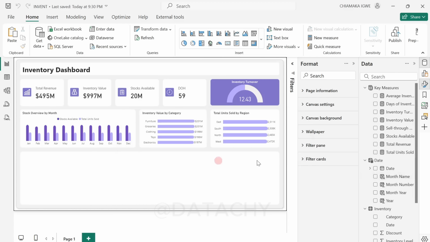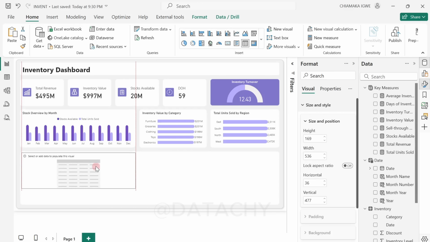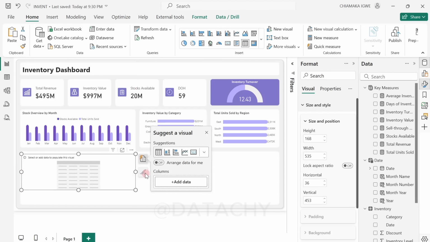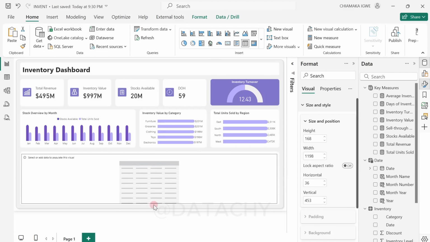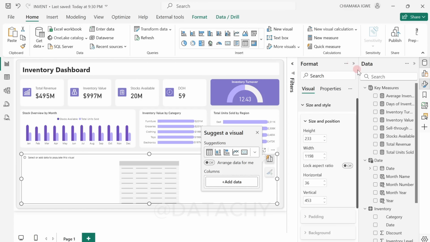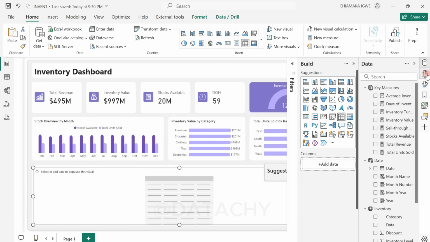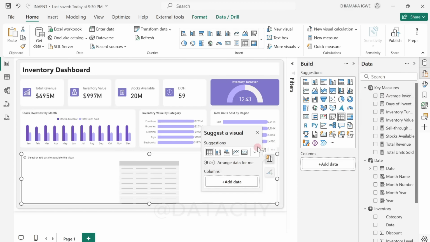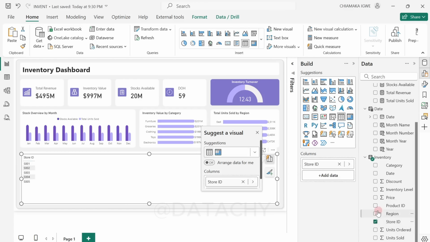Next, we want to create our table visual of inventory details. So I'm going to click on table, place that on this particular placeholder that we have for it, extend that to cover the whole area. So for this, we are going to be having some of the details of the inventory. So I'll open up the build pane to see what I am putting in. So the first thing I'm going to be adding there is my store ID, select store ID. Next is the product ID,